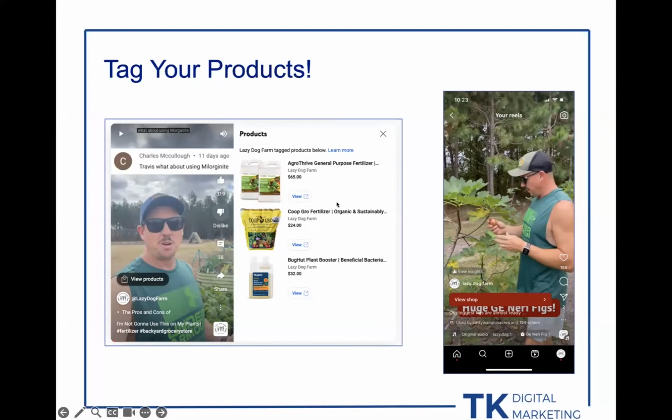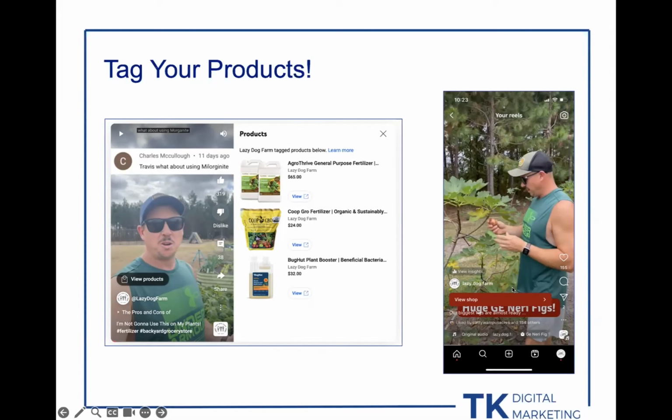And then over here to the right, this is the screenshot I showed you earlier. You can do the Facebook and Instagram shop with lots of different web platforms, whether it's WordPress, Shopify, Wix, whatever. You put that pixel or piece of code on your website. Your products are imported into Facebook or Instagram into your shop, and then when you post a piece of content, you can tag those products so people can easily find them.